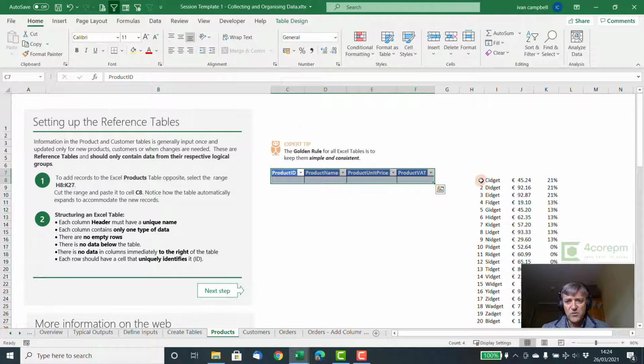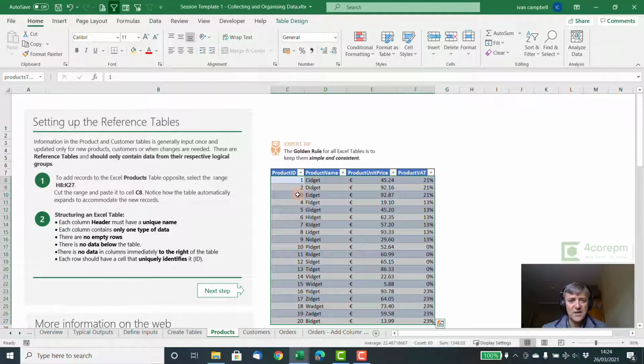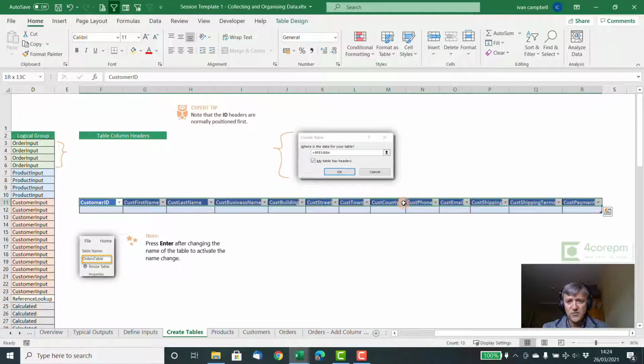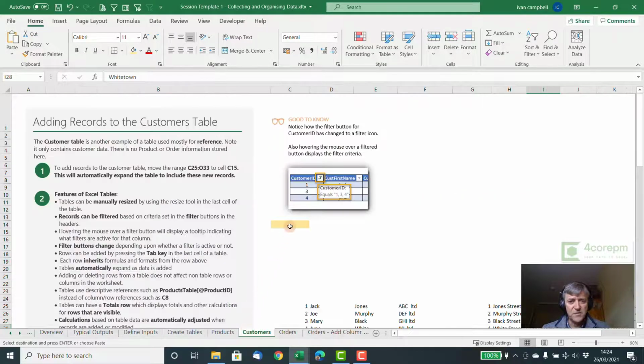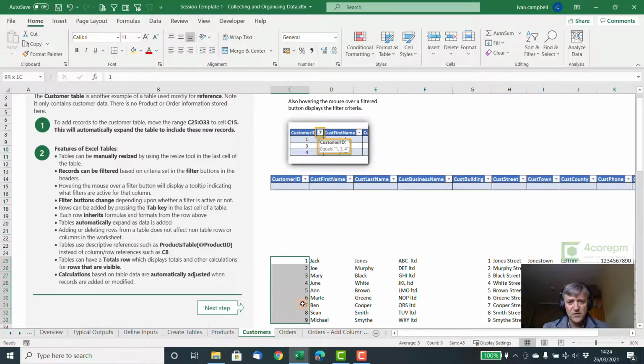And similarly, we'll move this sample data into the table. Just drag it in, make sure we don't overwrite the headers. And similarly for the customers, Control Shift right, Control Shift down to select the table, cut, go to customers, paste, and similarly we have customer data here, Control Shift down, Control Shift right to select,